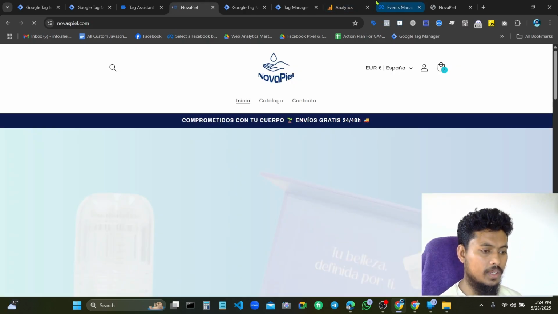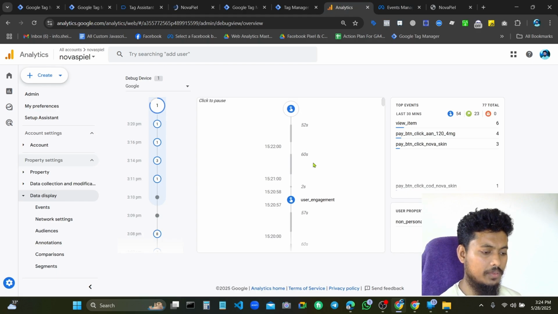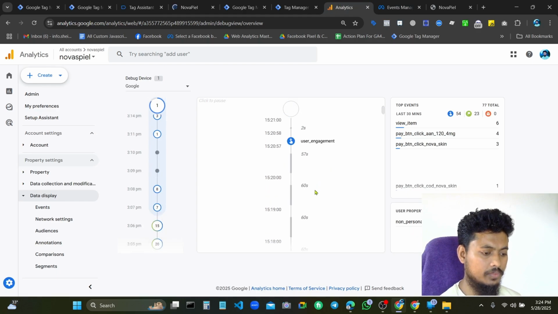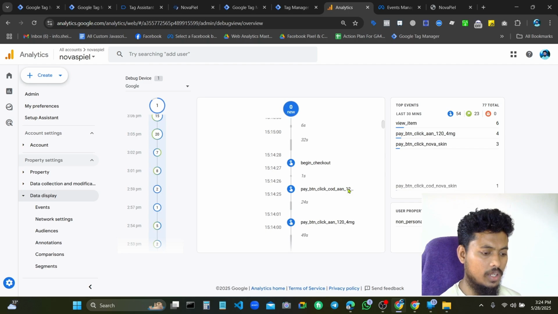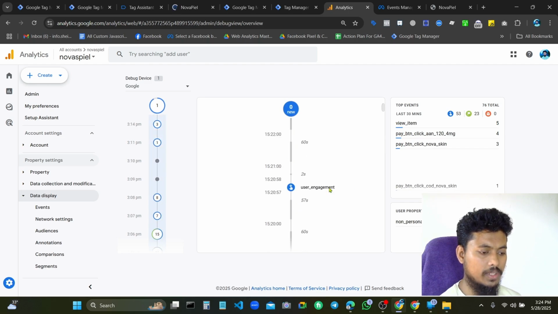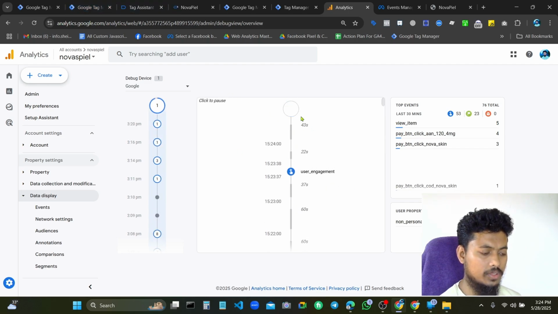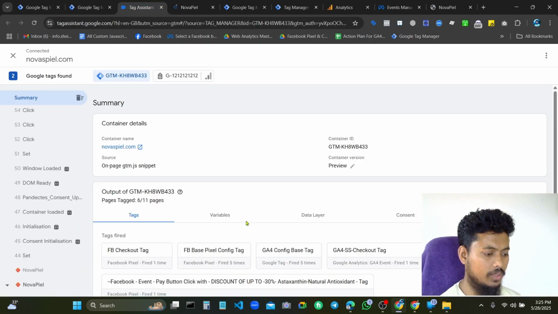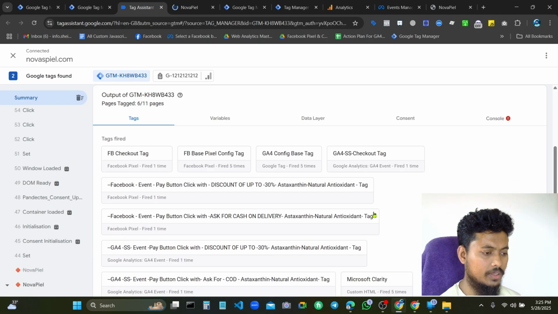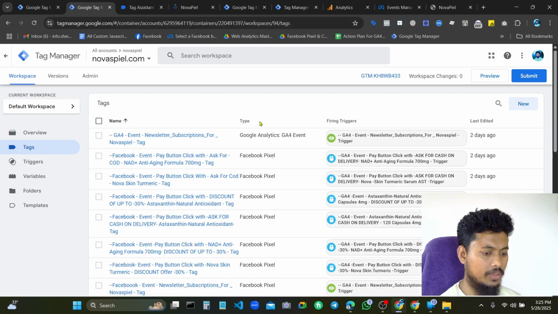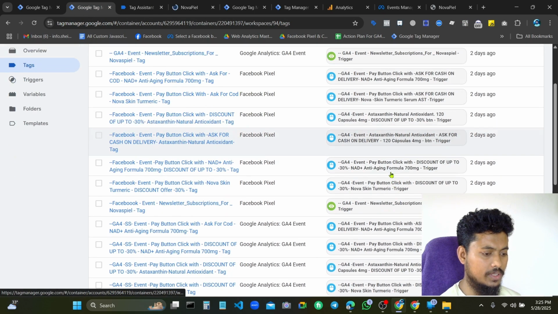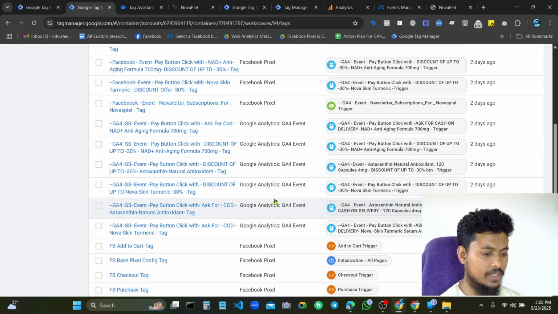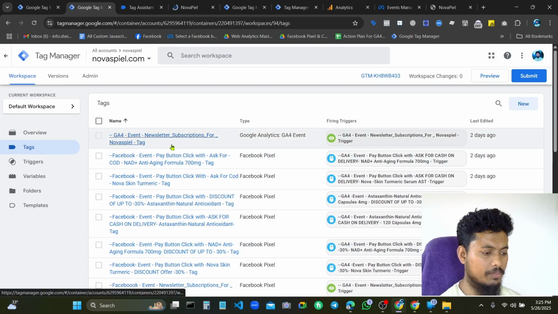So in this video I have tried to explain how to create this type of tracking, and already you can see the tag triggers is created, and this is the basic things you can create.